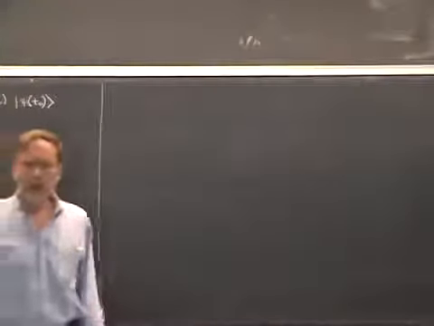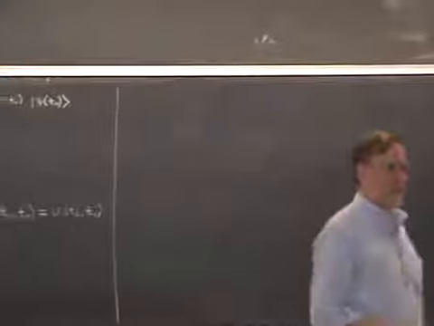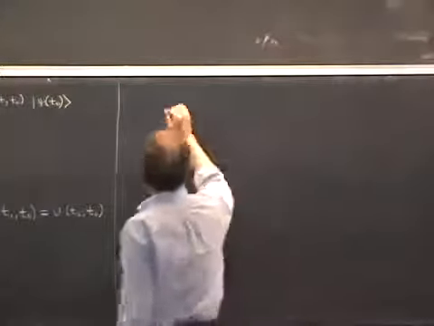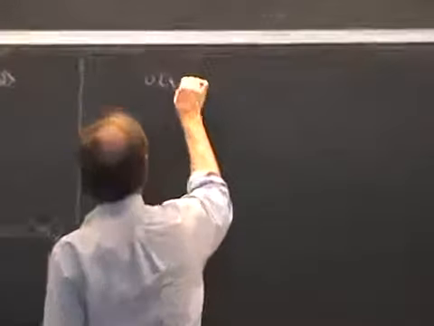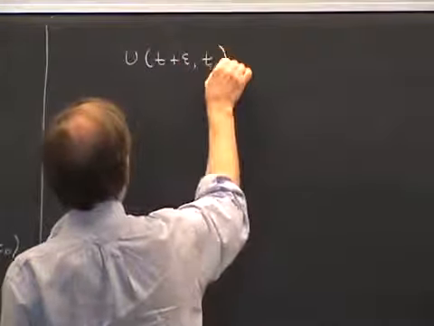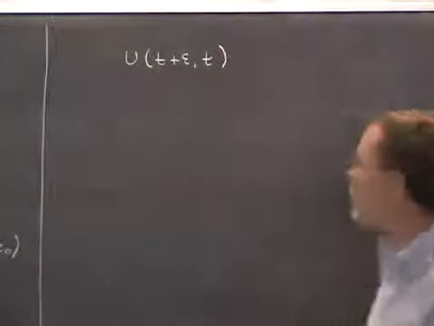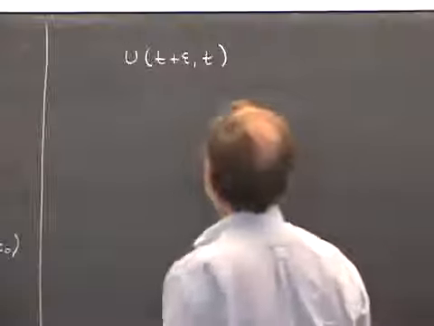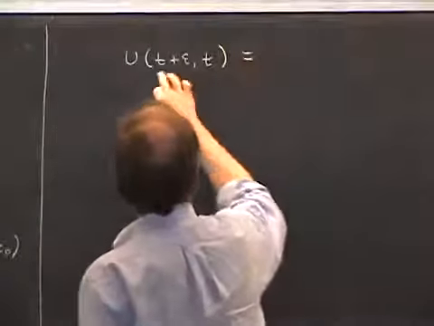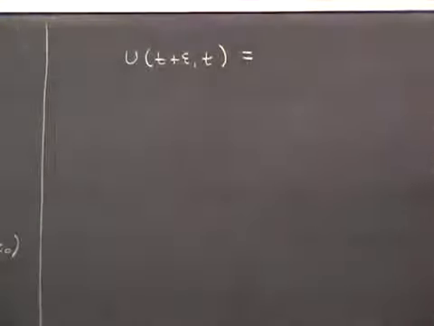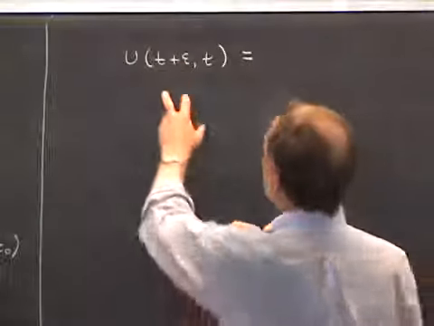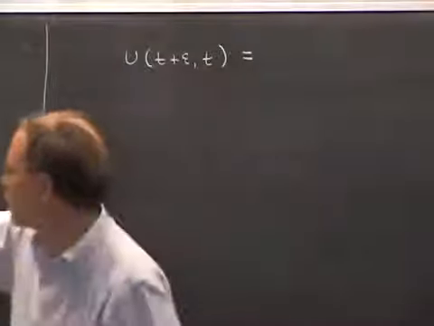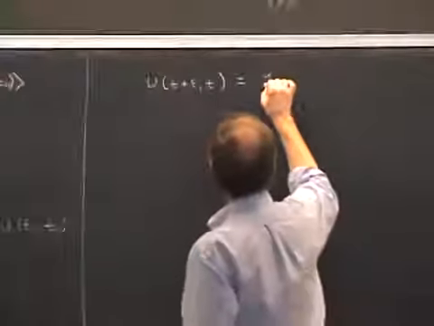Now, let's take a look at what happens over a short time evolution, over an infinitesimal time. Let's consider the operator U(t + epsilon, t), where t is now the initial time, and then it's just a short time later is the final time. Let's look at what happens over small time evolution. You can expand this in a Taylor series in powers of epsilon. The leading term is just given by setting epsilon equal to 0. That's U(t, t), which by the initial conditions is 1. So the initial term is 1.